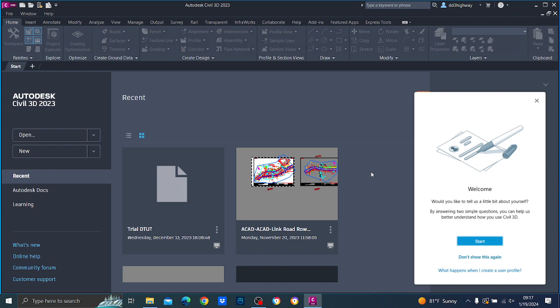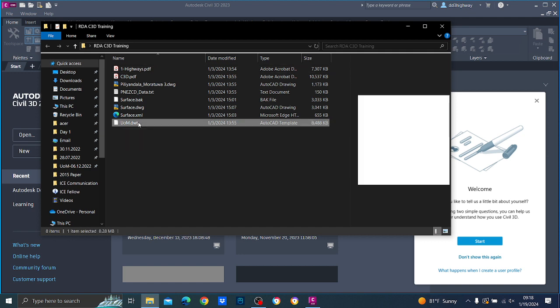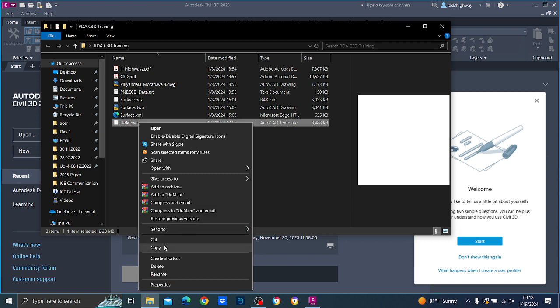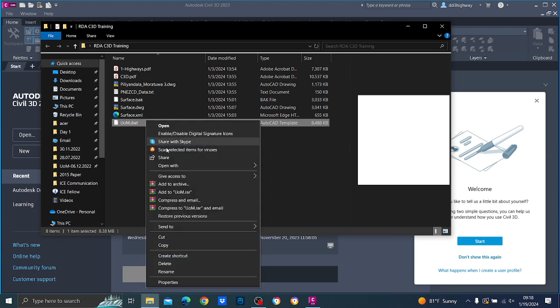Now, those who came first here, please make sure that you copy this template to your template set. So you have to take this copy. You have to get it from the folder, right? Because I have given you a folder and there you have the uom dwt. You copy it, right click and copy,